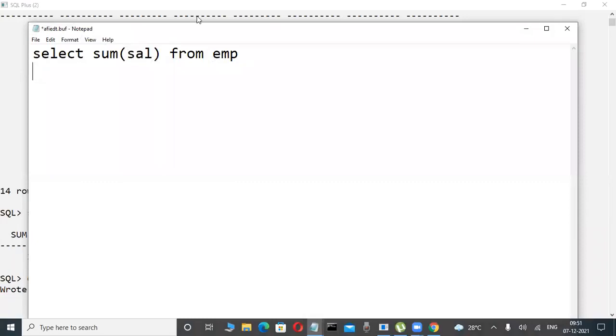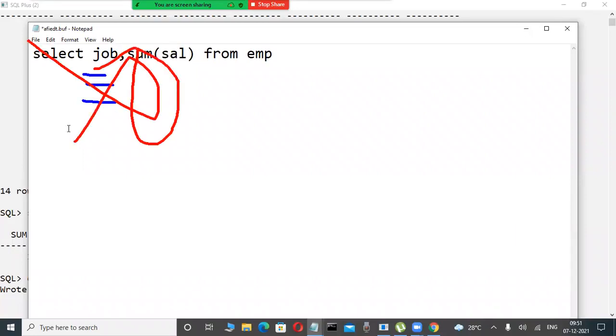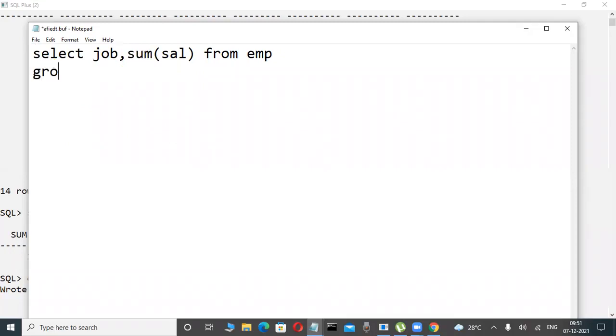Then in this case, a group function with a normal column won't work. Already I told you about aggregatable columns. Yes, here it won't work. Why? Because normal columns are executed record by record. Group functions are executed on all values at a time. That's why synchronization is not there. In that case only, what are we using? Group by on the columns other than the group function column.